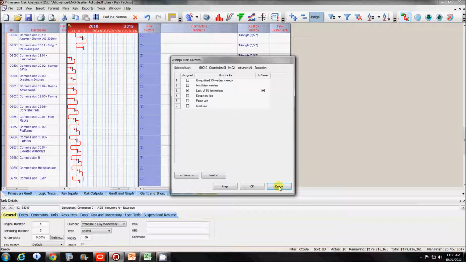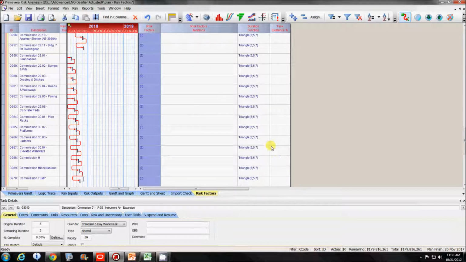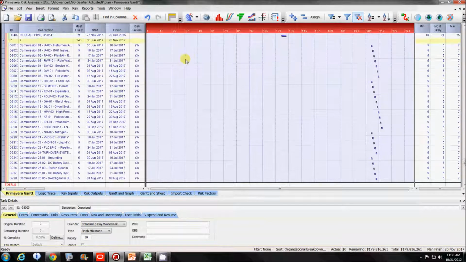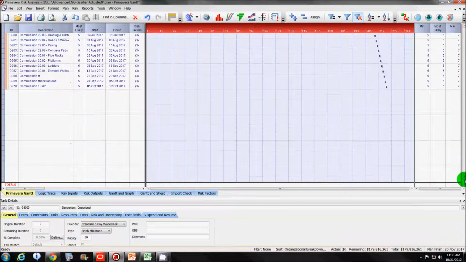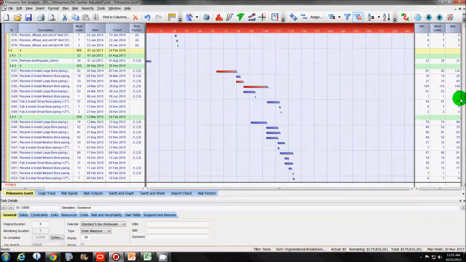I just wanted to show you that it has been done, and this is kind of what you look for. The only thing of particular interest here is in the piping, where we have multiple assignments.